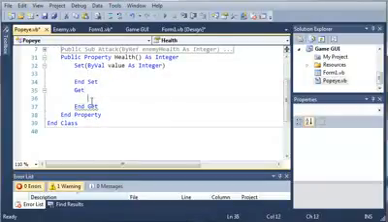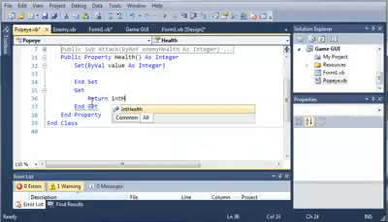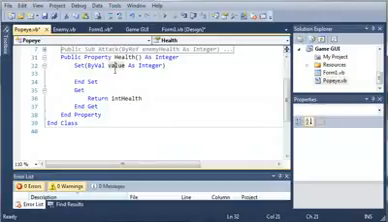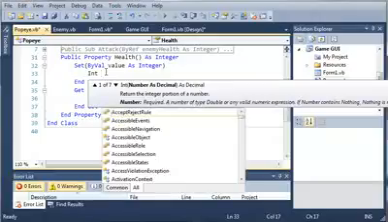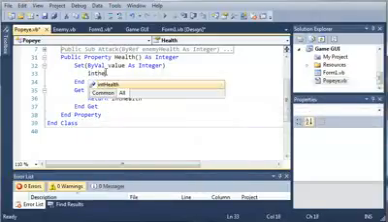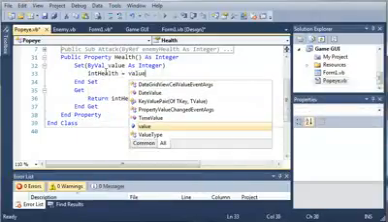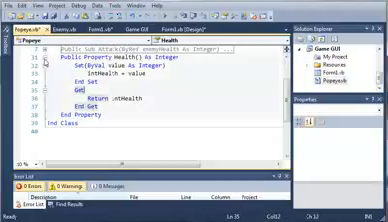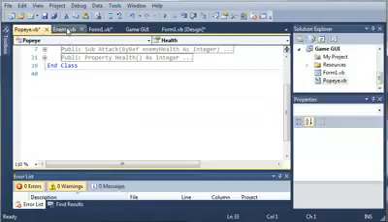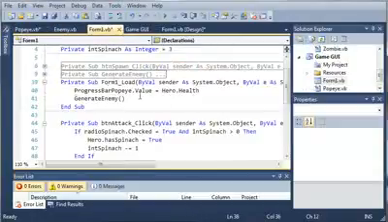Now these can be in any order you would like, so in our case we have set before. So whenever we get it, we will return int health, and whenever we set it, int health will equal value. So now that we have our health property, let's go ahead, come back into form1.vb, and you can see that